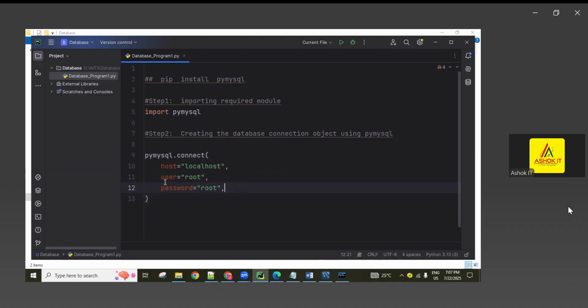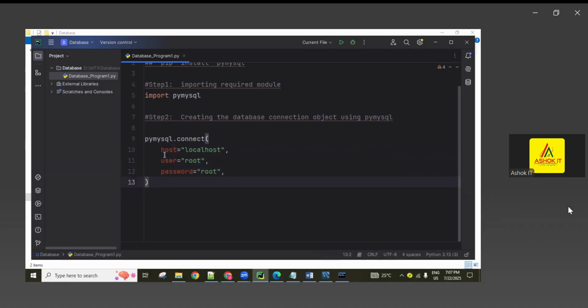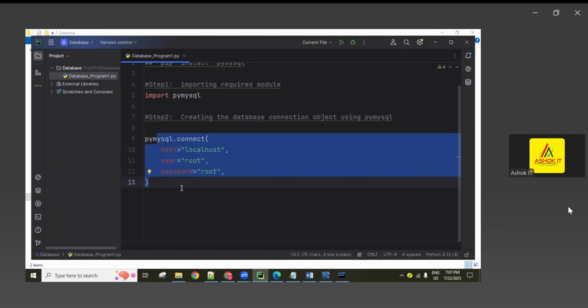Okay, so host is what, username is what, password is what. If it is remote machine related, we use that remote machine's IP address, and port number also we use, guys. Right now default settings, these things are not needed. Host means where the MySQL software is working, in the local machine, and with this username and password we try to interact. If the username or password is wrong, we are unable to make a connection. So if all these statements work correctly,